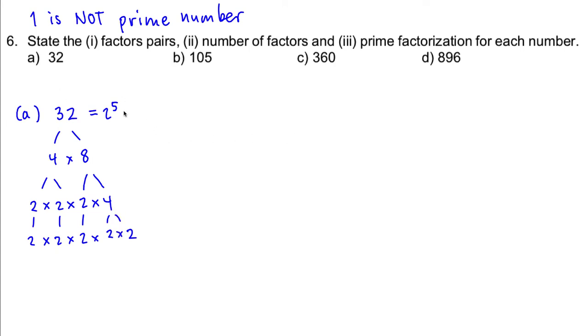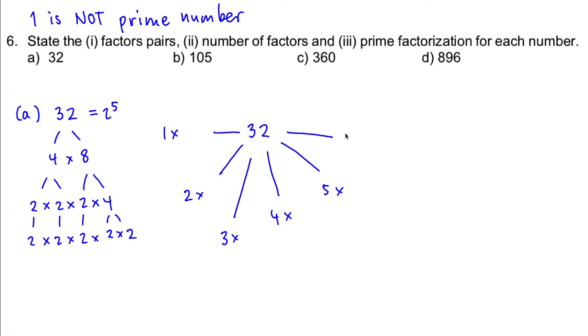So I'm just going to do another diagram. I maybe call this a circle of factors diagram, and I'm going to start with 1 times something, 2 times something, 3 times something, 4 times something, 5 times something, 6 times something, and see how far along we can go. Maybe this isn't a great circle, but you can make it a bit more circular if you like. Well, we know that 1 times the number itself will always work,